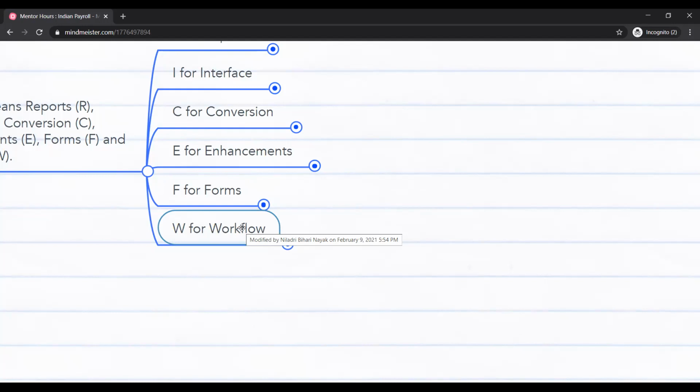There are some standard workflows available directly in SAP, but if you want to make changes, say for a leave application or time sheet application where the customer has two levels of approval, the first being your direct supervisor and the second the HOD, head of the department, then you have to tweak that workflow.